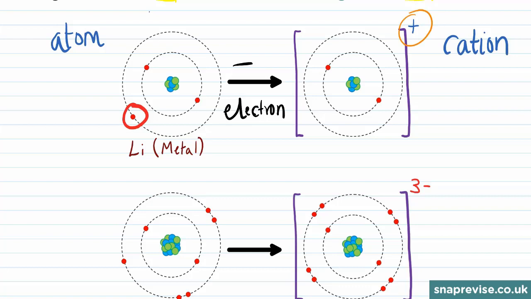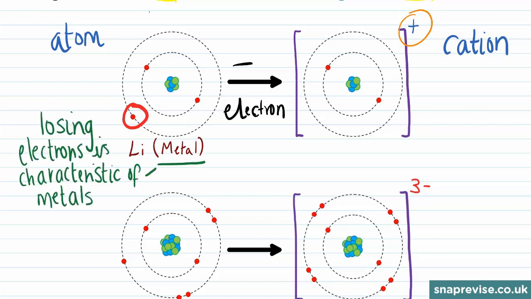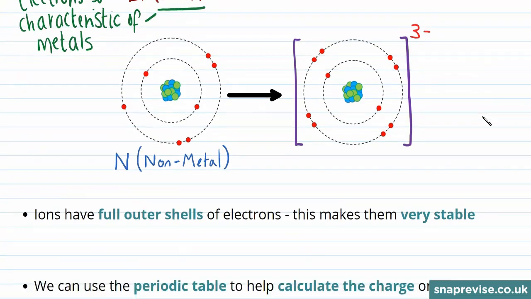If you've watched our videos on the periodic table, you remember that lithium is a metal. And it turns out that losing electrons is characteristic of metals. So let's look at an example of the ion formed by a non-metal. In this example, on the left-hand side, we have an atom of nitrogen, which is a non-metal. We know it's nitrogen, which has the chemical symbol N, because there's 7 protons in the nucleus. And therefore, in the neutral atom, we also have 7 electrons, 2 in the inner shell and 5 in the